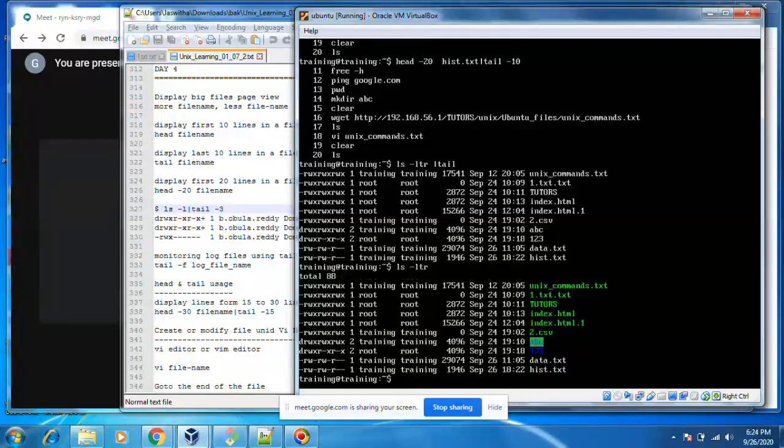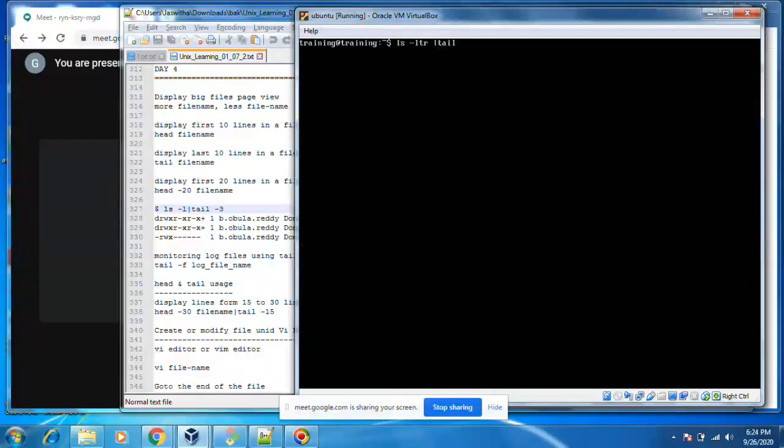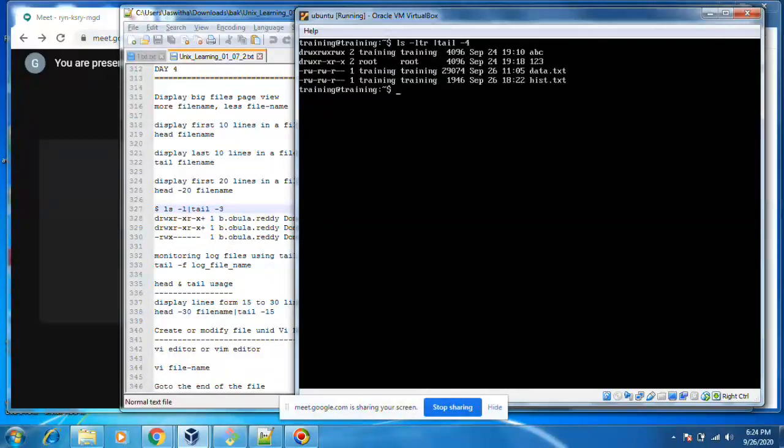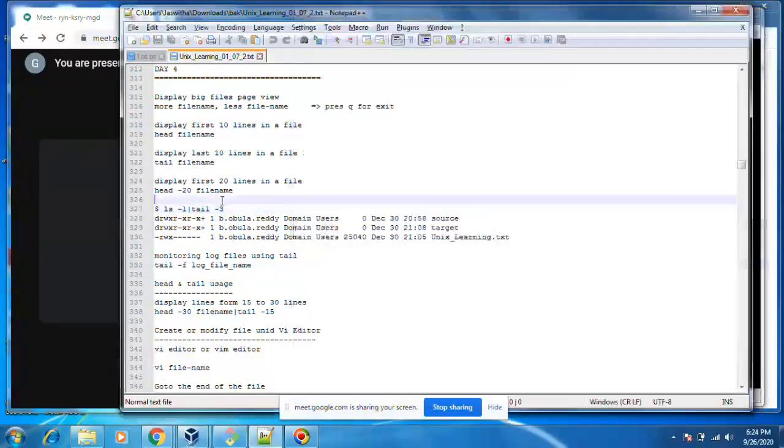Oh, maybe it has only 10 things. Tail hyphen 3, tail hyphen 4: if I want the last 4 recently modified files or directories, I will get them. For any output you can use tail, and you can do it with head too.